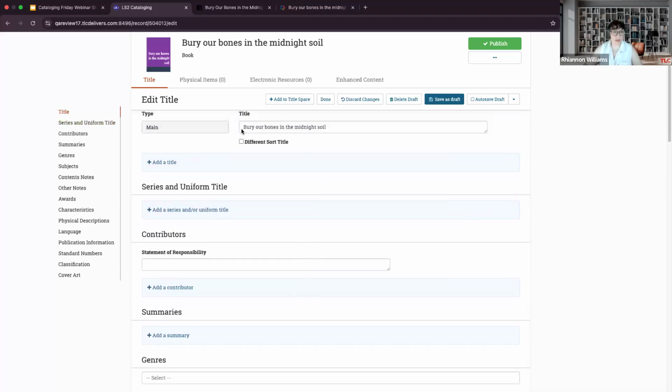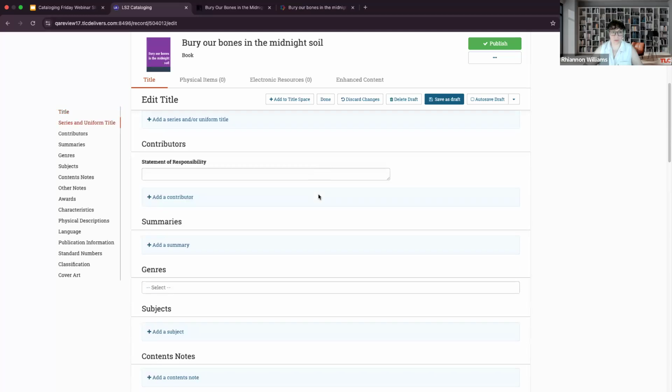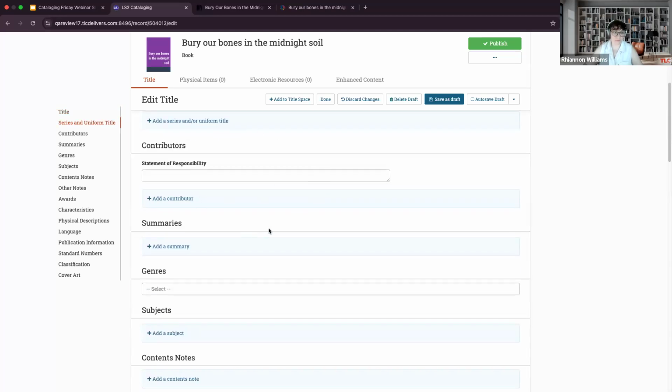So we are finished with our sort of title section up here. So now we're going to come down to the contributors section. And these contributors are for any people or companies or organizations who are involved in the creation of the material. So this section starts out with our statement of responsibility. So this is a note field that includes any of those contributors who are responsible for the material. So in most cases, that is going to be our author listed on the